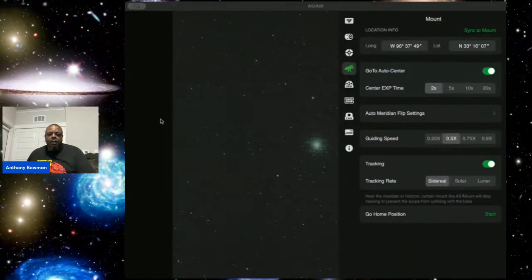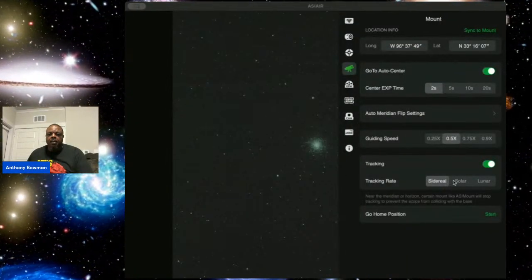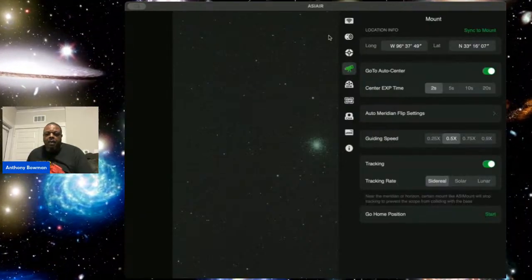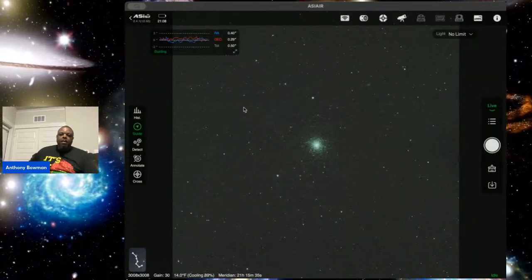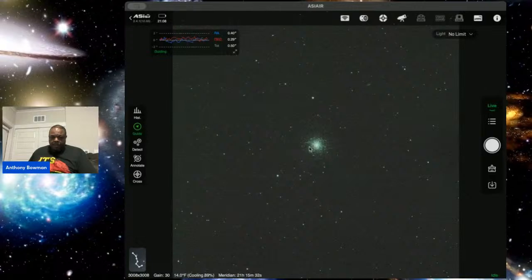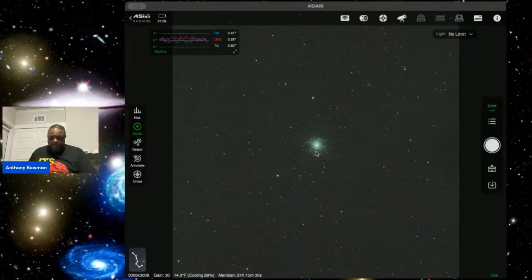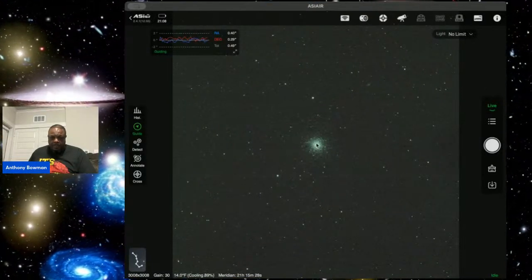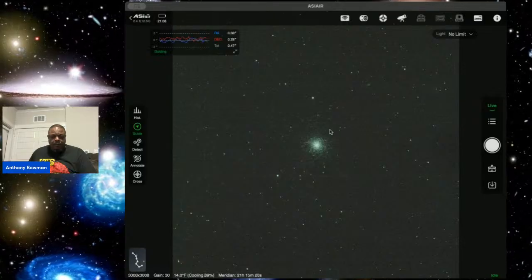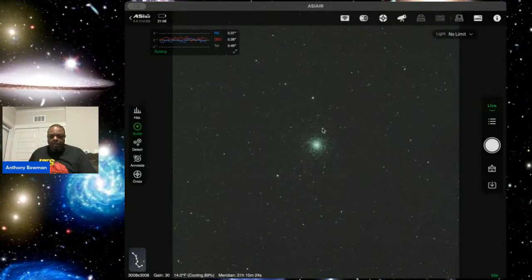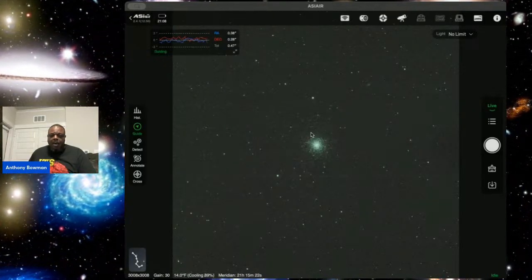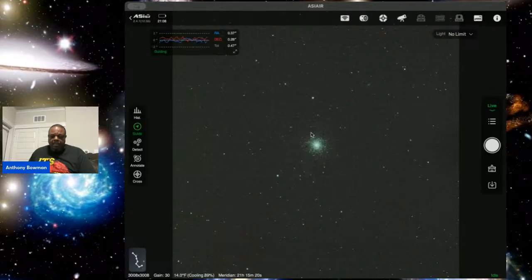Okay, I think y'all can see that. All right, so this is M13. This is that globular cluster I was telling you about. It's one of the biggest globular clusters in our Milky Way galaxy.